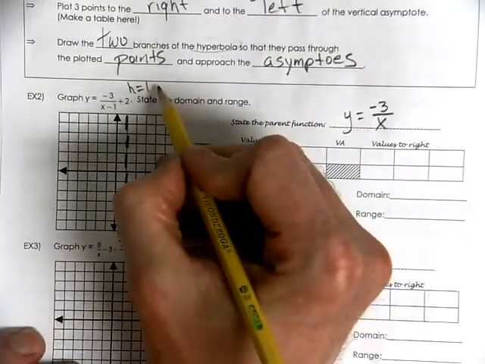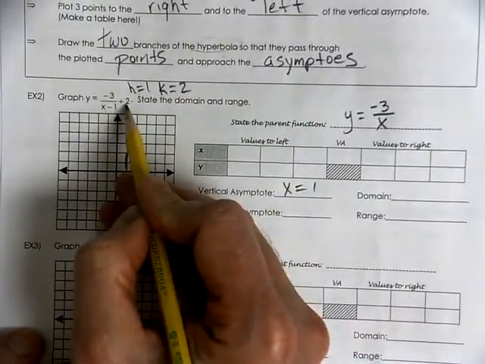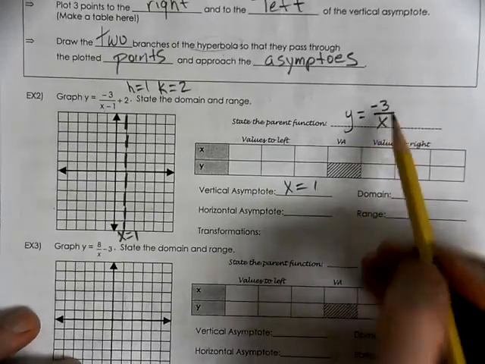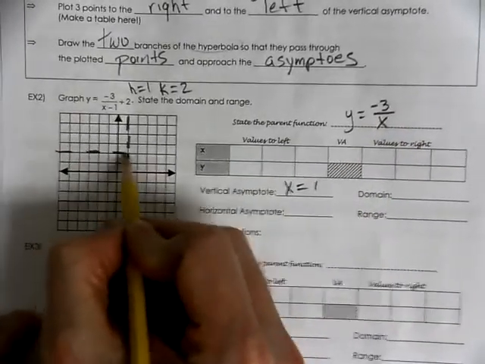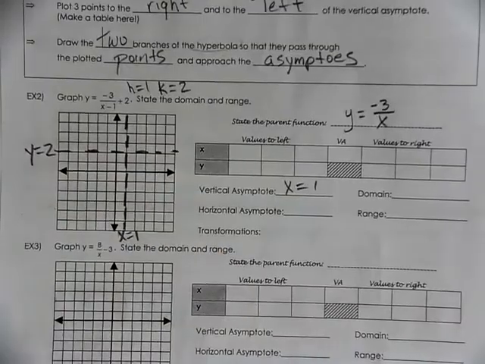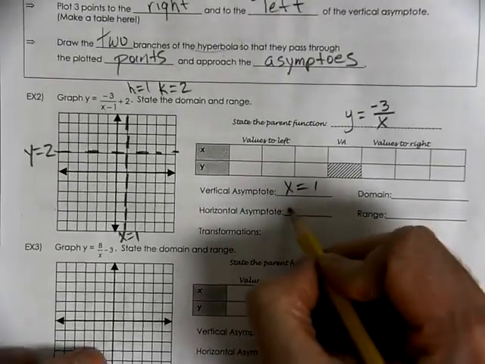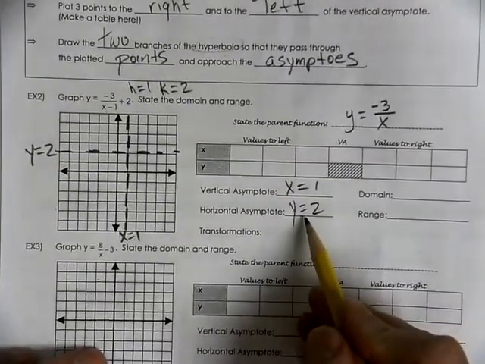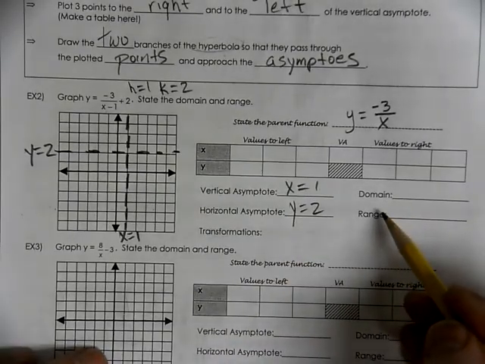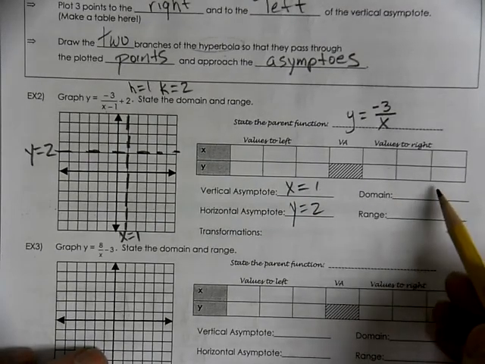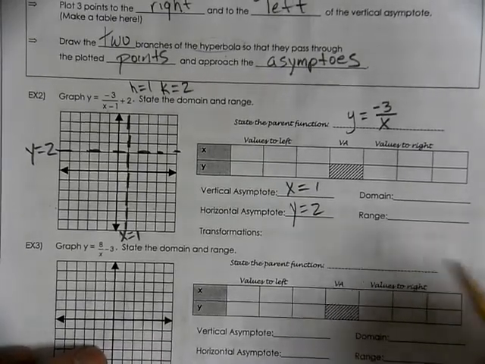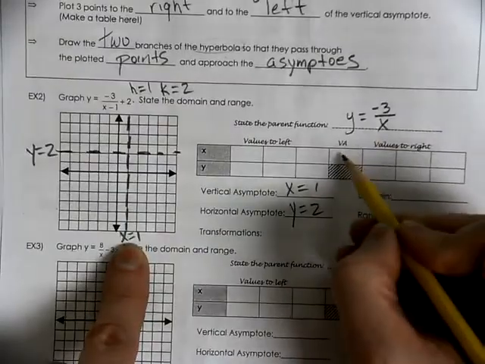It says that the k value is 2. That means the whole graph is going to be translated. This parent function is going to be translated up 2. So we're going to have a horizontal asymptote at y equals positive 2. So we want to put that on a graph. We can put that in our little chart over here. So you have a good idea what your domain and range are going to be already. All real numbers except x is 1, and all real numbers except y is 2. We'll come back to that. So your vertical asymptote is 1,